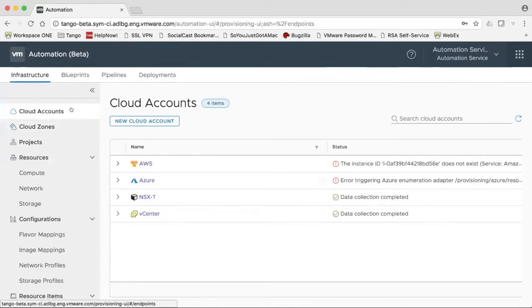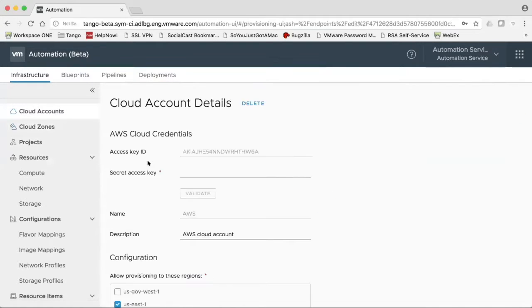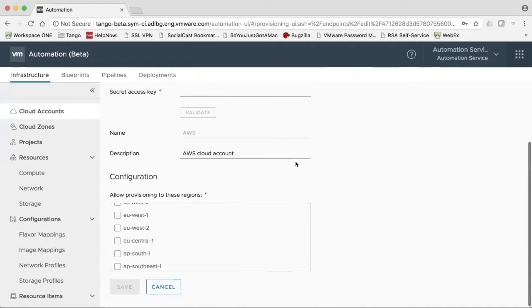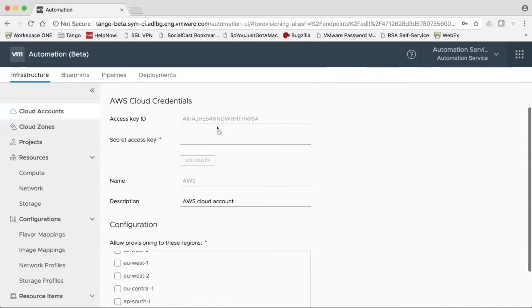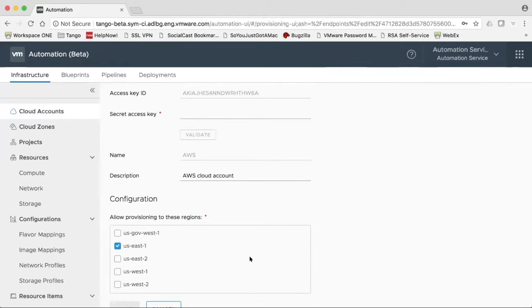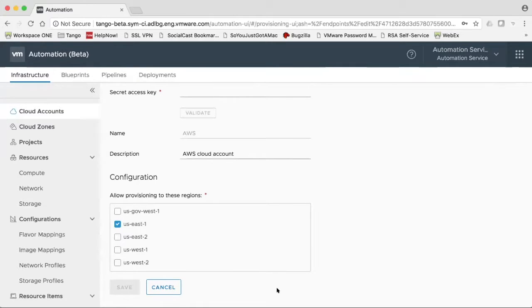First, let's walk a little bit through what Jason would do. Here are the cloud accounts. I have already created these cloud accounts. I really don't want to spend a lot of time here. But if you look at the Amazon Cloud Account, here are my access credentials. That's really the most important thing. The other important thing here is regions. In Amazon, you can obviously select various regions. Here I've selected US East. You can of course select multiple regions. But the moment you select a region,